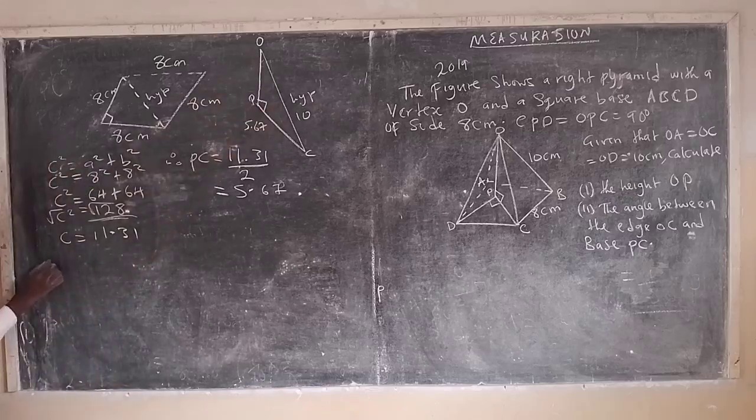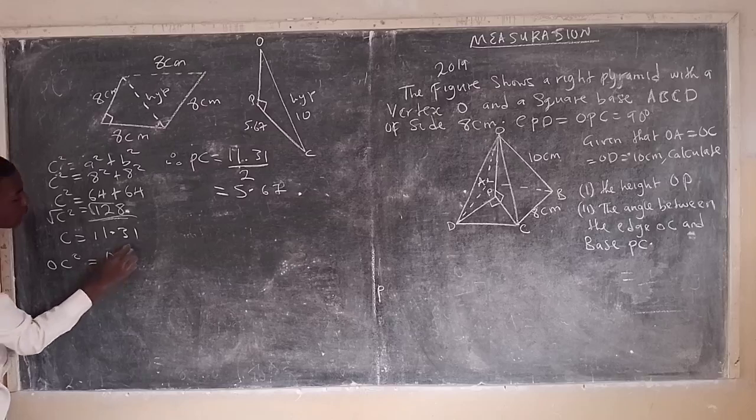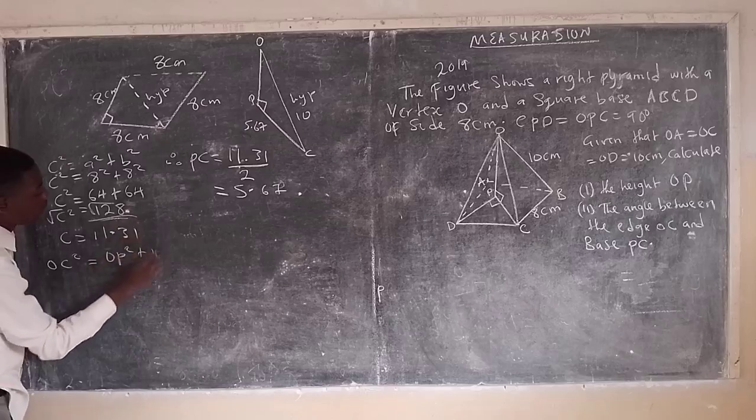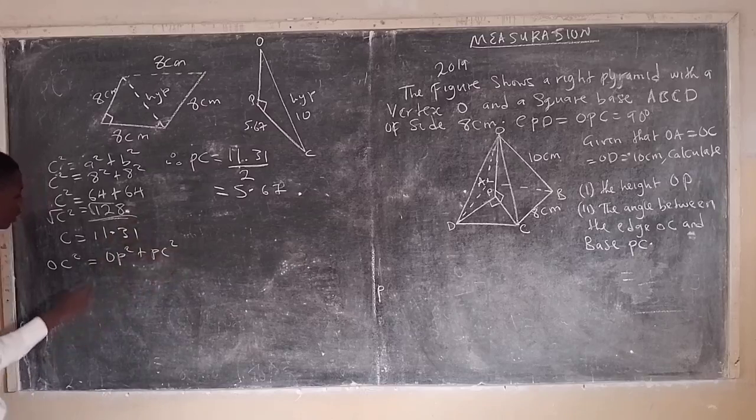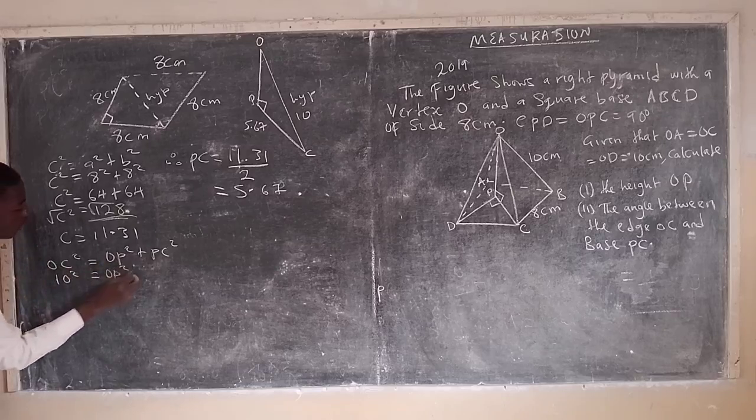So we say OC squared is equal to the sum of OP squared plus PC squared. So 10 squared is equal to OP squared plus PC squared,